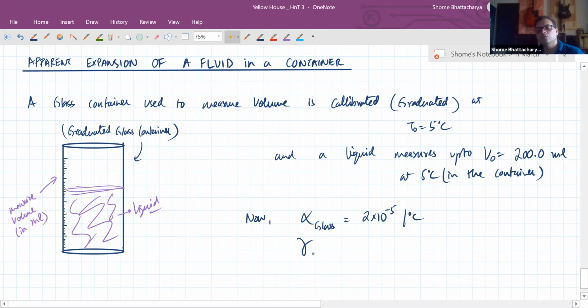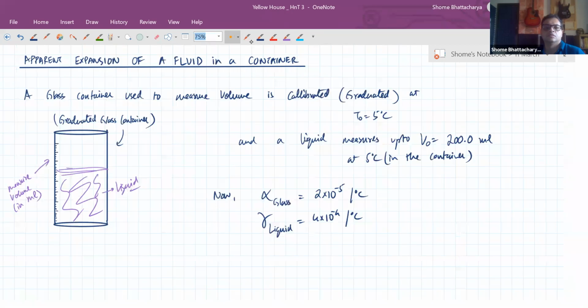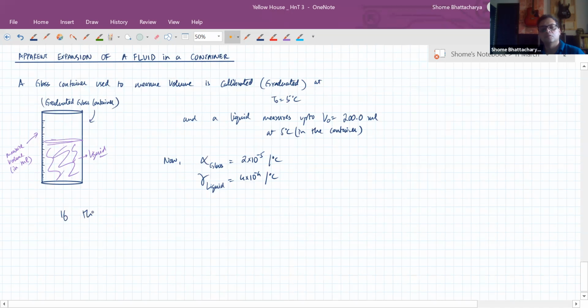And the coefficient of volume expansion of the fluid or the liquid that we have inside the container is 4 into 10 raised power minus 4 per degree C. So if the system, that is the container plus the fluid, is heated to 55 degrees C, okay,